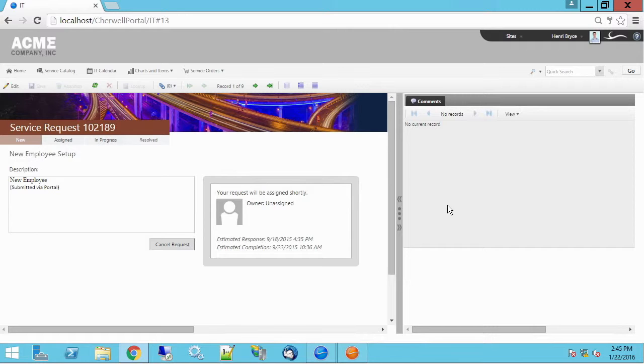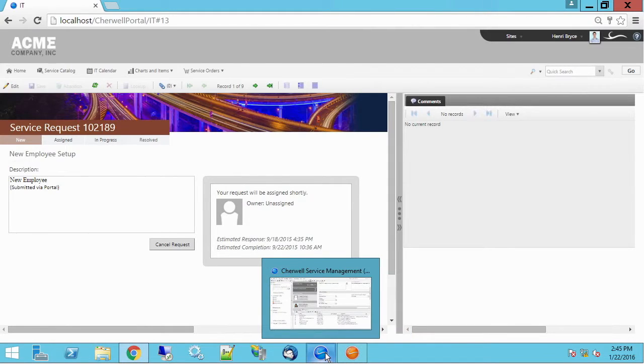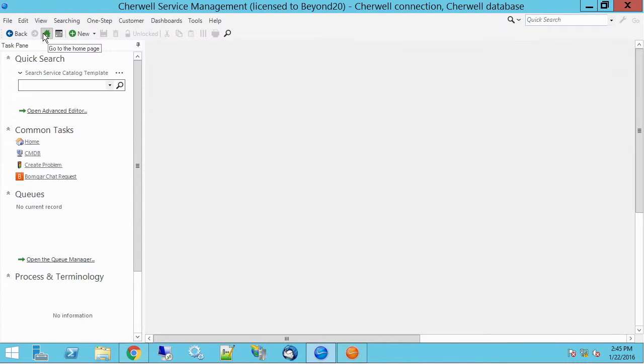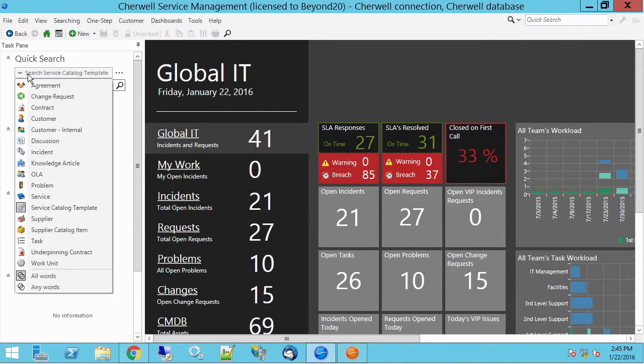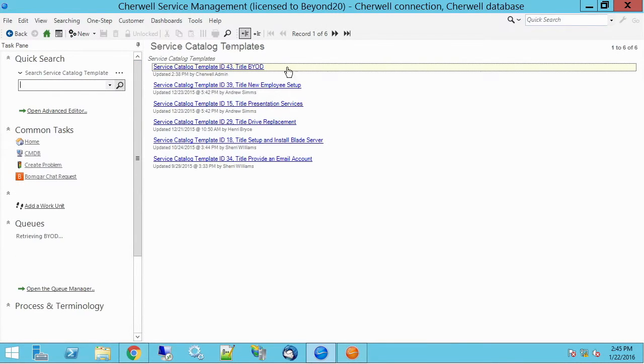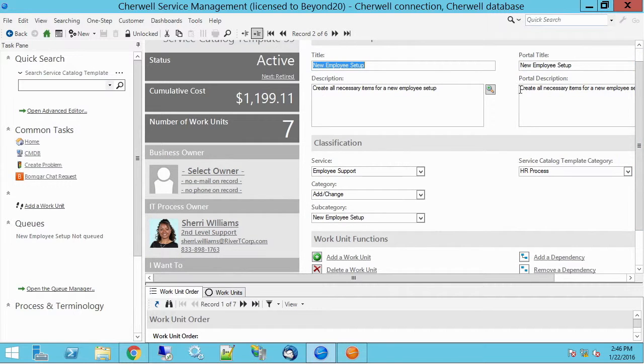So being me and being that it's Friday, I really want to know how this works. So I explore it. So let's go in and have a look. So the first thing I'm going to do is go home. I'm going to go into my quick search, and I want to grab the service catalog template. And I'm just going to do an open search. And here is my template for the new employee setup that I just ran through. So I'm going to click this, and here I have cumulative cost, it's active, I've got descriptions and a portal